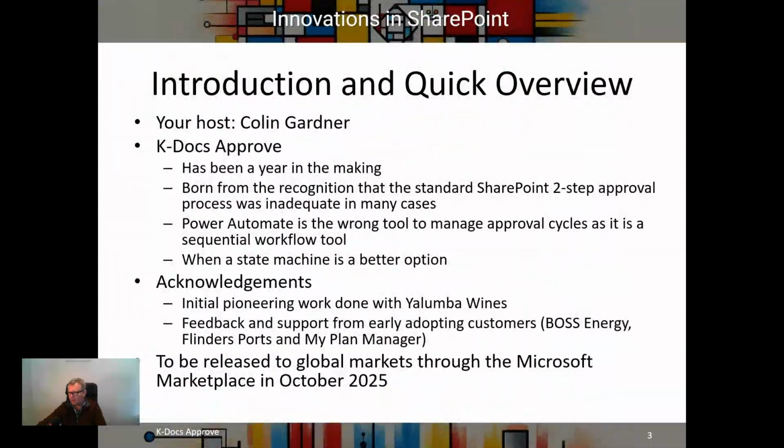Okay, for purposes of introduction, my name's Colin Gardner. I'm the chief cook and bottle washer at Kaboodle Software. I've been working in SharePoint since 2001, so a long time. Kaboodle Software has been up and running since 2012. This product, KDocs Approve, has been a year in the making, and